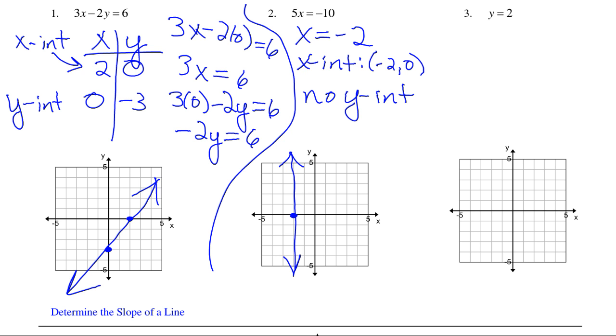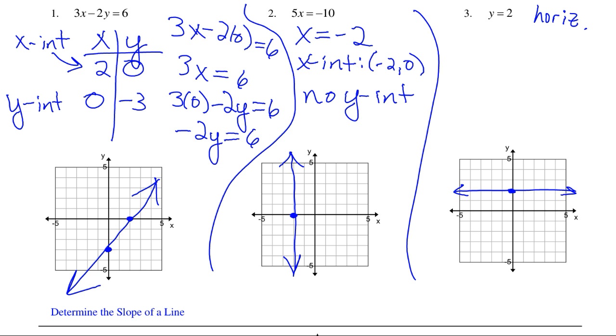Number 3 is also unique or special. Notice that it's y equals 2, so there is no x. That means that it is a horizontal line. Okay, and so y equals 2 means that all the y's are 2. I'm going to make a point right there where we cross the y-axis at 2, and we're going to have the horizontal line